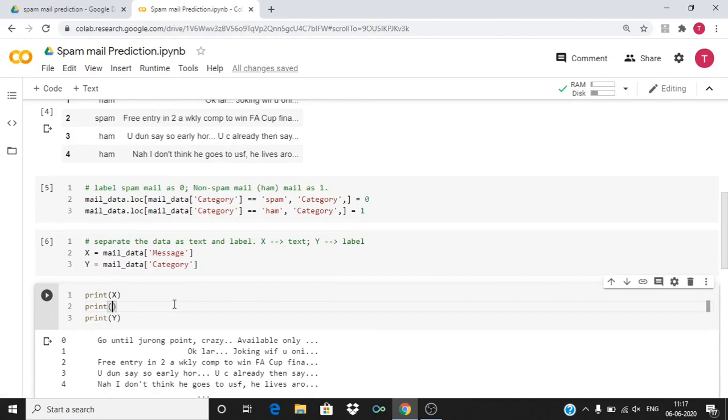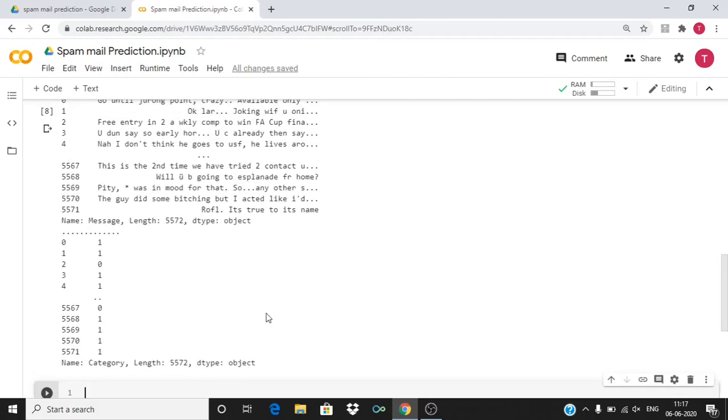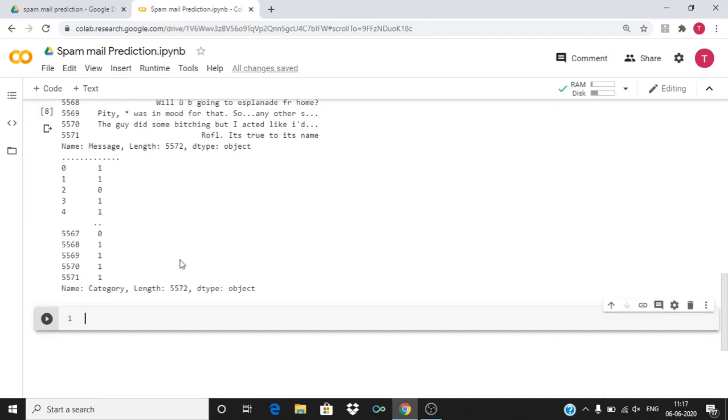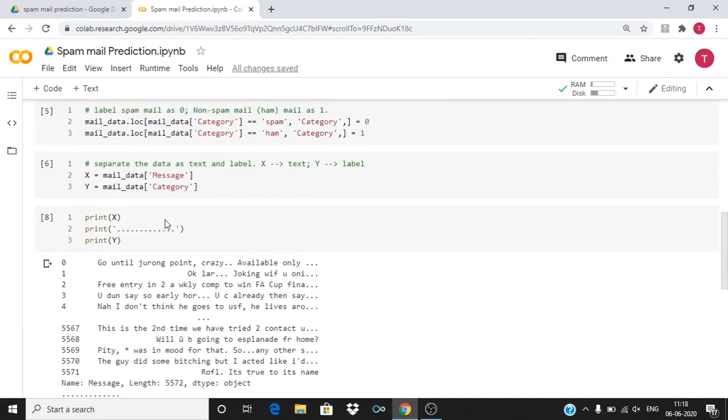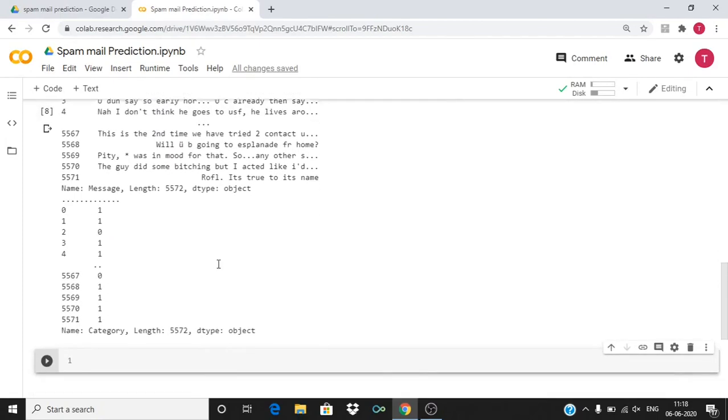So enclose it in quotes. So I'll go ahead and print x and y. So as you can see here, the first part contains the x, which has the messages in it. The second is y, which contains labels as 0 or 1. So 0 represents spam and 1 represents ham mails. Okay, so we have separated the data and the label.